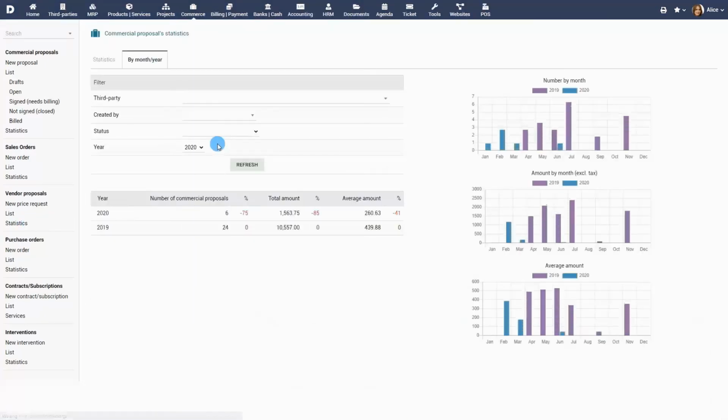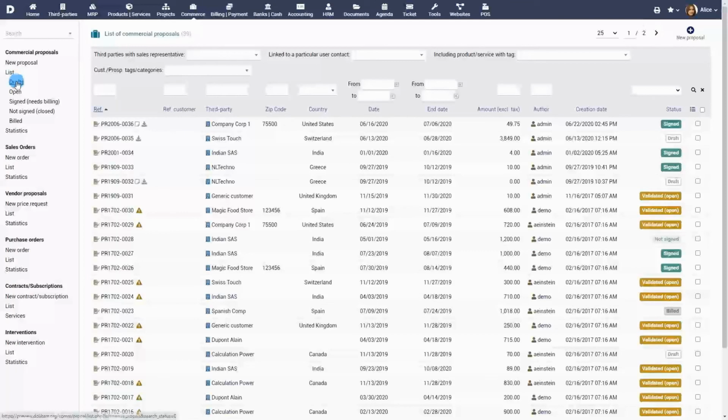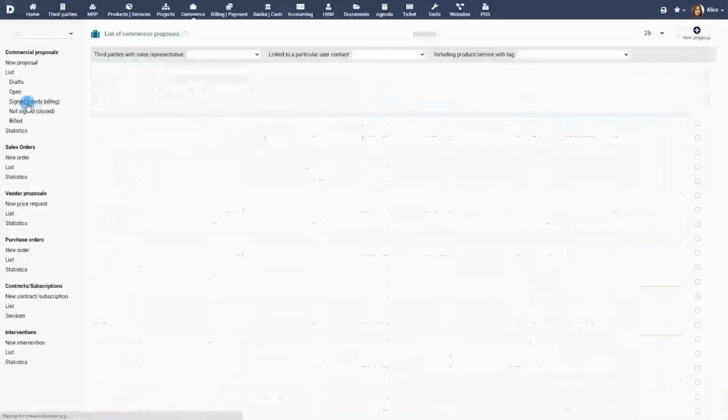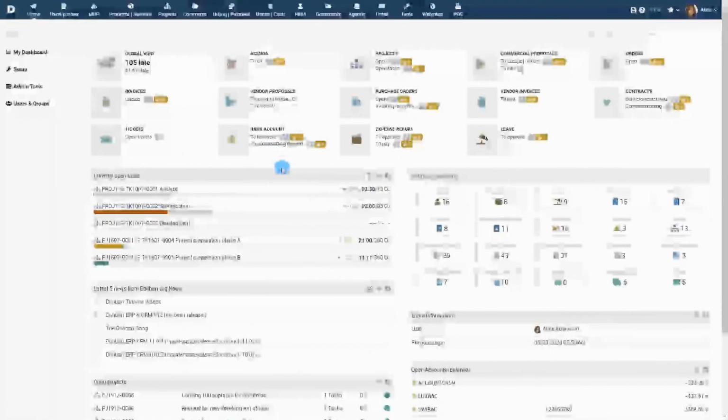Statistics gives a bird's-eye view of all the commercial proposals sent to your customers and vendors. Use the filters available to get more detailed statistics. With the list views, you can view proposals based on their status, such as draft, open, accepted or signed, which needs billing, rejected or not signed, and billed. There are plenty of other